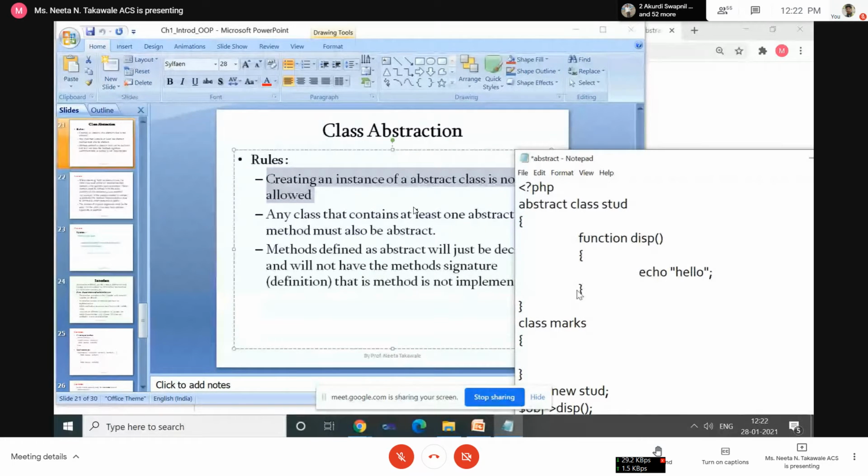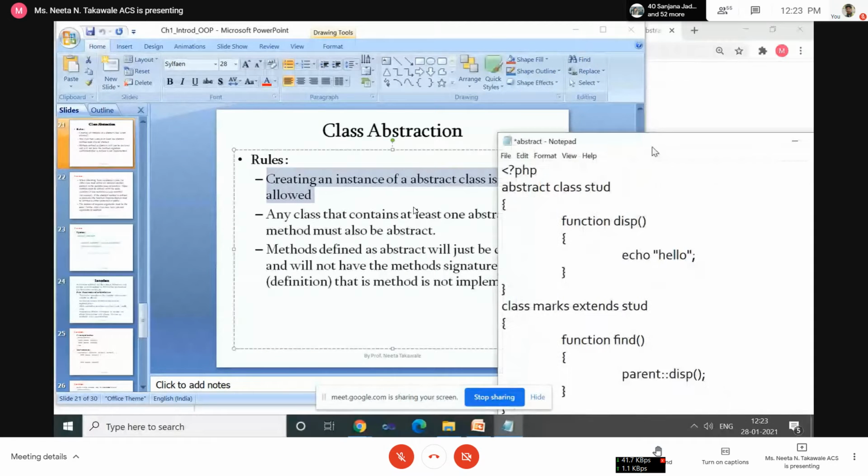Here I'm extending it from student, and a function.